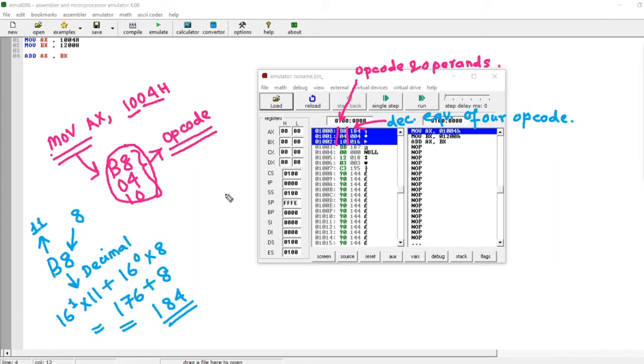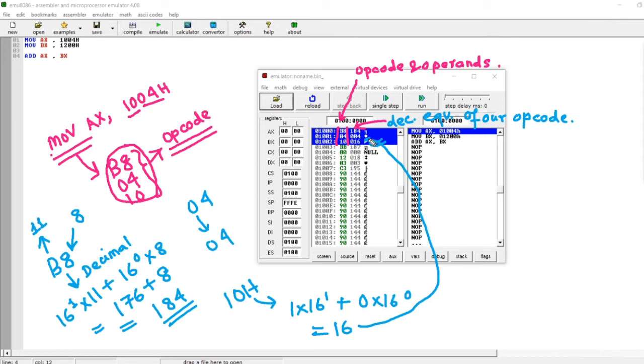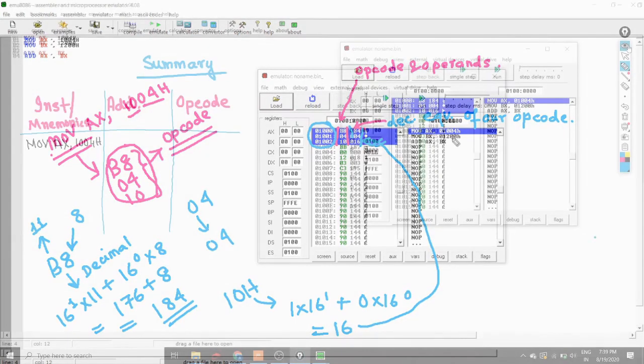The decimal equivalent of 04 remains 04, and for 10, that is this one, it becomes 16. It is 1 into 16 to the power 1 plus 0 into 16 to the power 0, which is equal to 16. So we can see here we have 16. Thus this column is our decimal equivalent, this is our opcode, and this is our address.